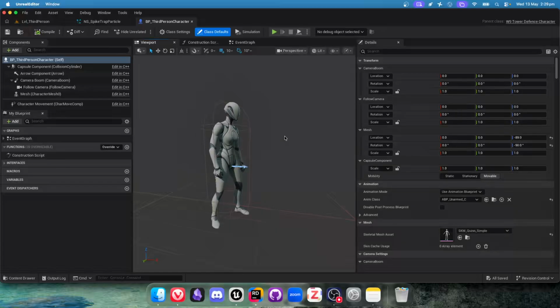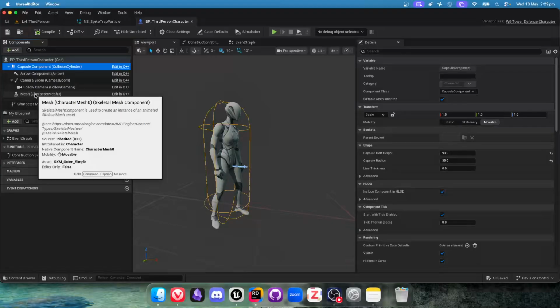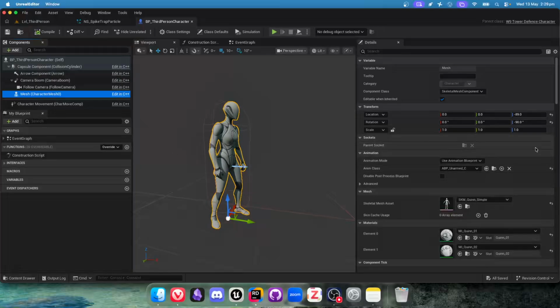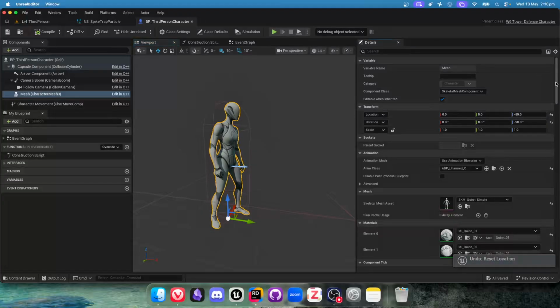I will just quickly point this out to you as well, because it's even a problem that the Unreal developers have come across themselves. So this is our third person character. This is our default, right? The capsule component, its pivot point is in the center. Look at where the pivot point is for our character. It's at its feet. Now, if I just added this character, it's actually going to look like this, because it is a child of the parent, and it will try and set itself to the pivot point so that they align. Inside of Unreal, if you ever have a look at your character, you'll notice when you select the character mesh,